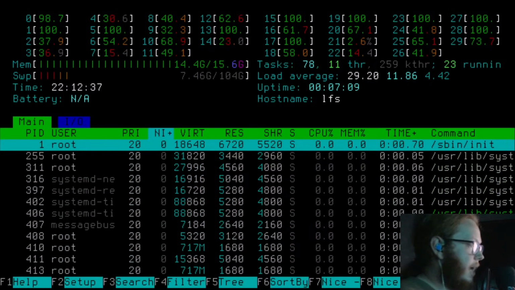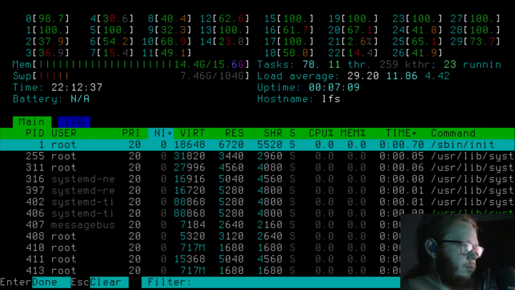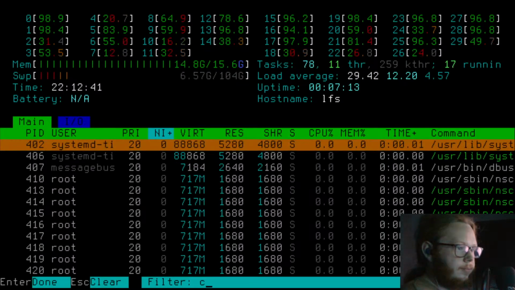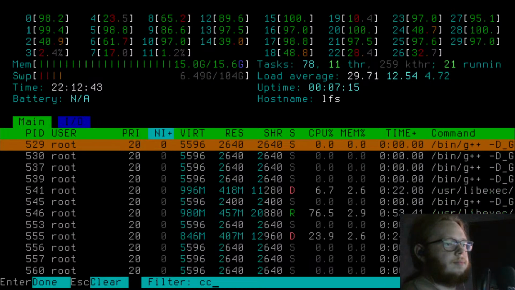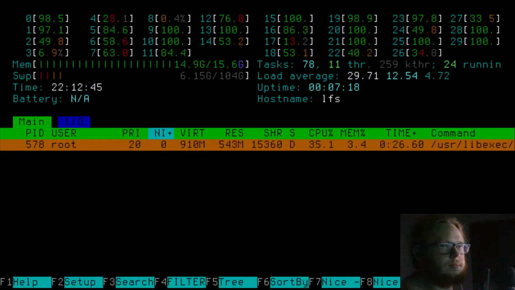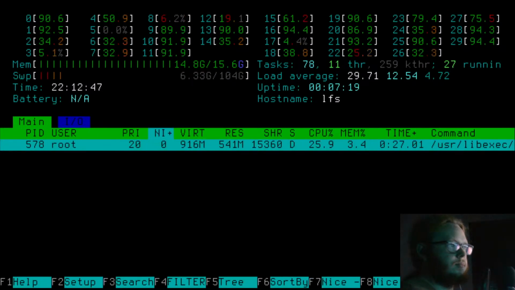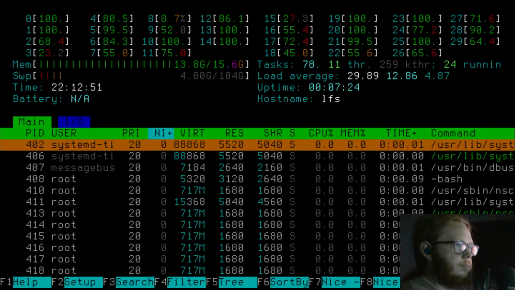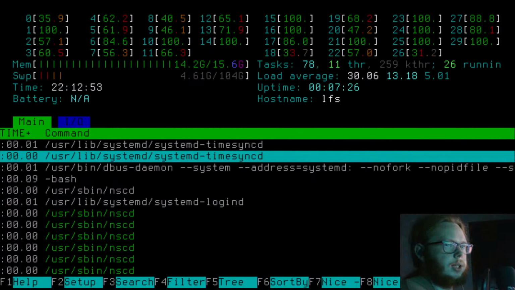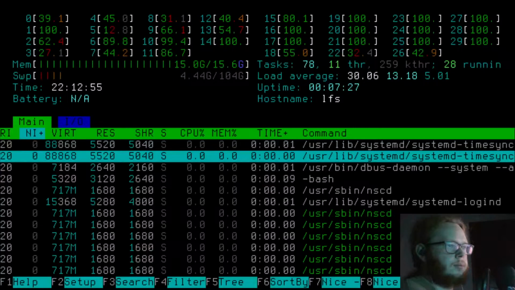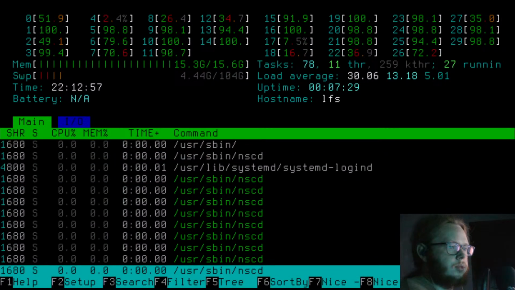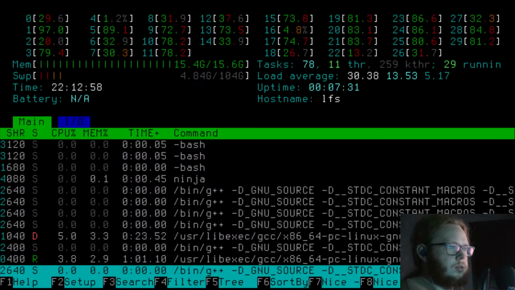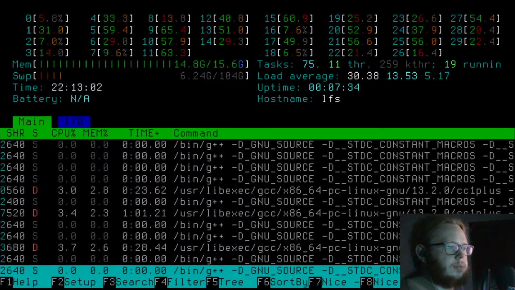Hang on. F4 filter. Okay. What is it? Okay, so it's G++.